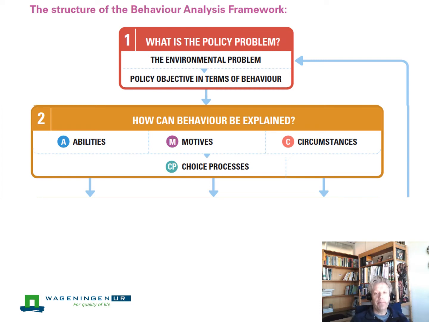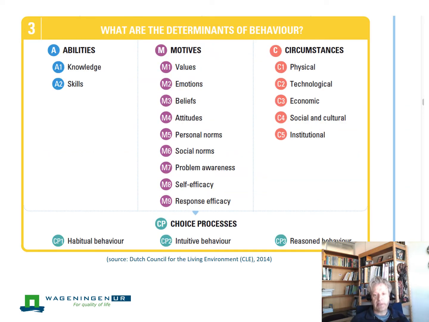So you need to consider all these aspects that can explain behavior. And now the way we are talking about this, we are basically dissecting the abilities in people's knowledge about vegetarian options, but also knowledge about maybe the downside of meat-based diets and the impact on the environment and on animal well-being. That requires knowledge, but also the skills to cook a good meal on a vegetarian basis. That has to do with skills.